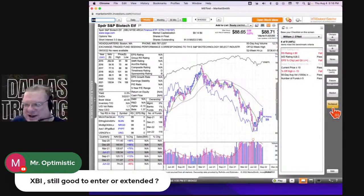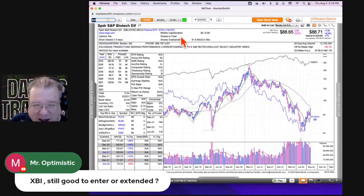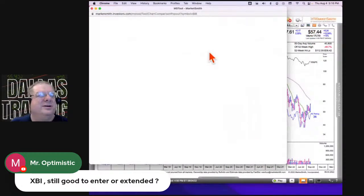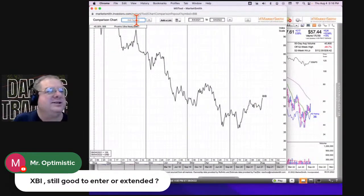This is because it's an ETF, it's a little bit different, but there's a lot of things I don't really like about it. Let's take a look at the BIB. I think this one might be a little bit better. What I'm going to do is compare these two ETFs. This is the biotech ETF from ProShares. I'm going to compare that against the XBI, which is a different flavor, but it's the same idea. This is the BIB here, and let's compare that against the XBI and see which of the two